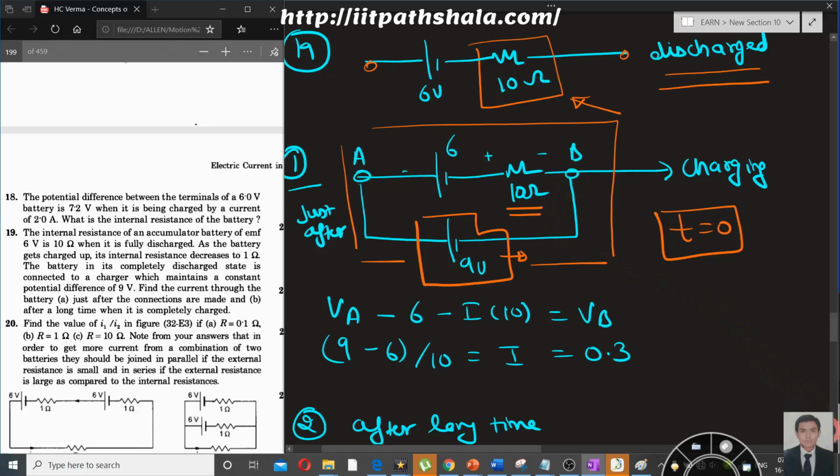So what I can do over here is VA, then again I'm decreasing over here by 6, because I'm going from plus to minus terminal over here. Then, because I am forcibly adding my current to this battery over here, my current direction will be something like this, which I've shown in orange. So my current will be going from positive to negative over here, so it is decreasing.